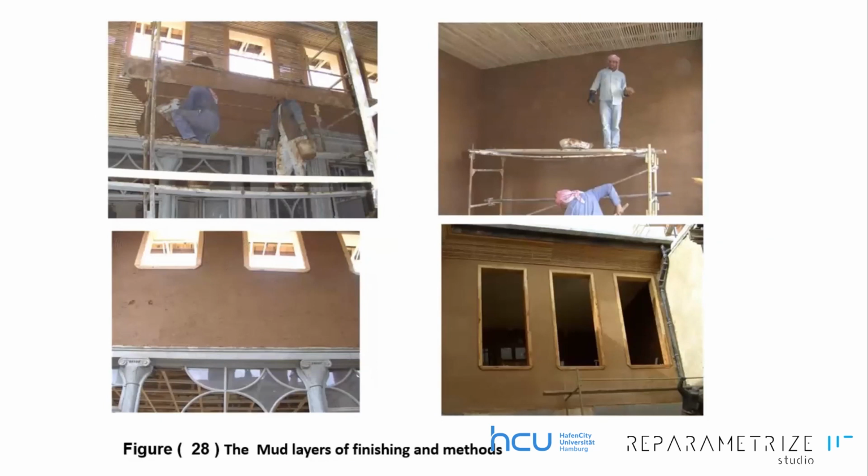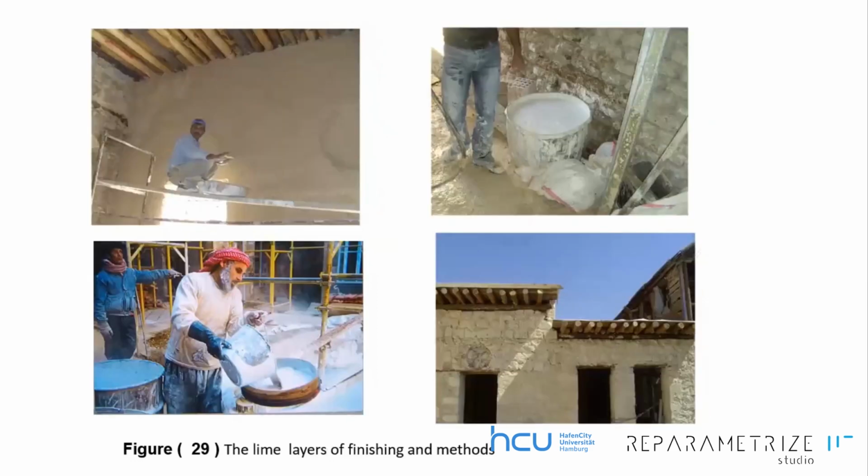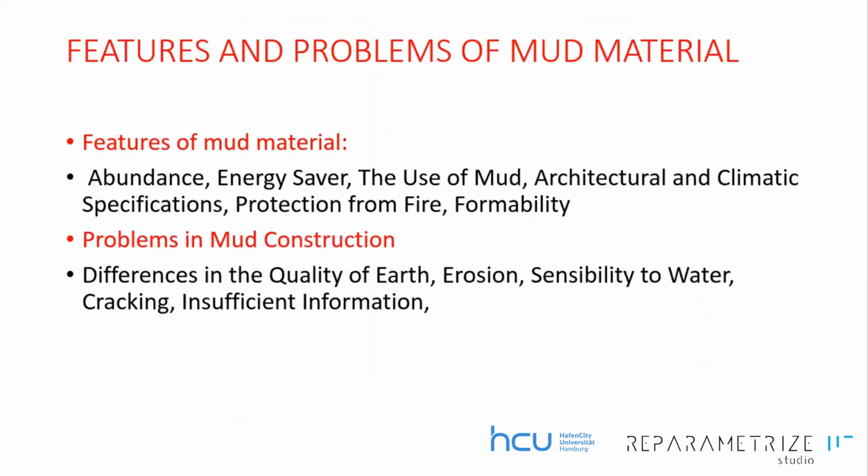And after finishing the first layer, we can add lime plaster to make it white and make some decorative drawing on this wall to make it very nice inside the qa'a or Iwan or main important rooms in the traditional house. We have some problems and features of the mud materials. It is abundant, an energy saver, and the use of mud architecture has climatic specifications, protection from fire, and